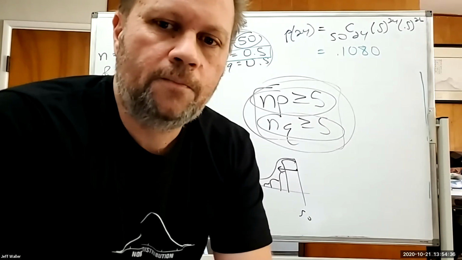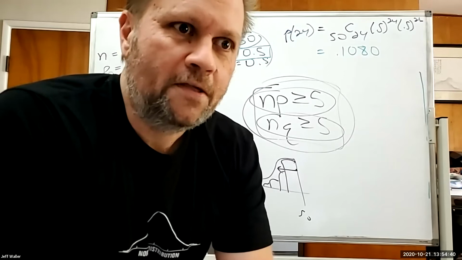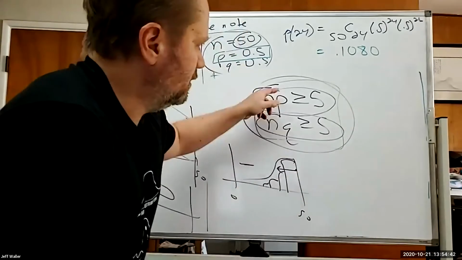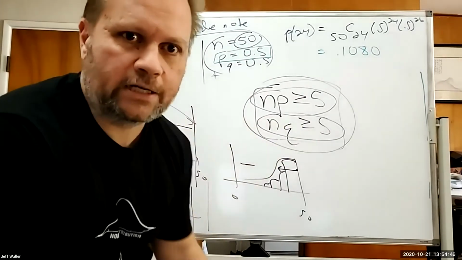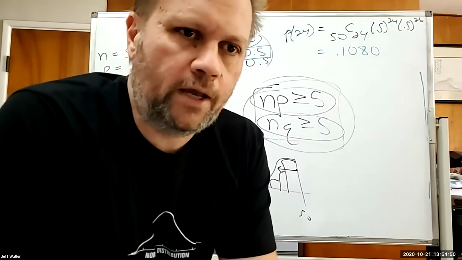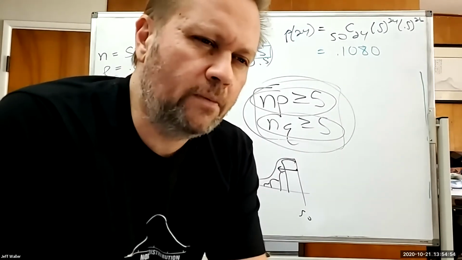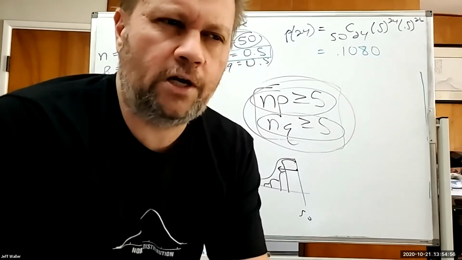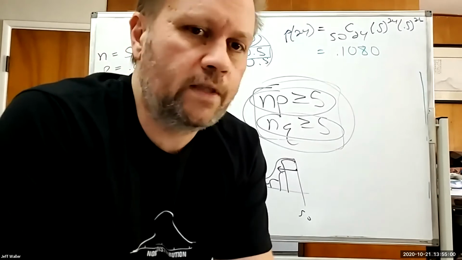If we run a lot of simulations, then making these bigger than 5 ends up making the thing actually normal enough, no matter what it started off as. Same thing with n greater than 30. We said, okay, 20 makes some of them good, but not all of them. 30 is about where everybody starts to look normal, no matter how funky you look to begin with. That's why 30.